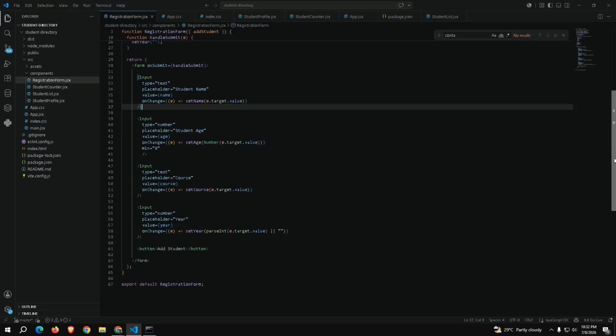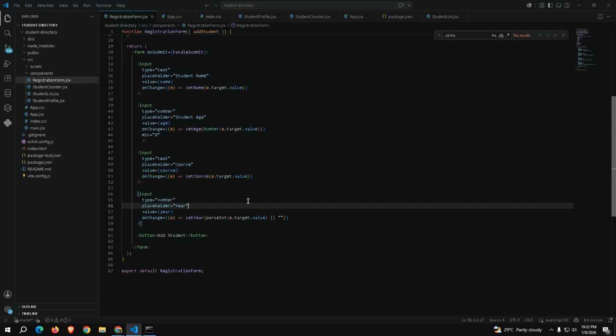As for the age, we have number, student age, value age, onChange setAge number target. It's different here since we use number. Next we have our course, similar to our name: course text, value course, and onChange setCourse target value, similar to name.